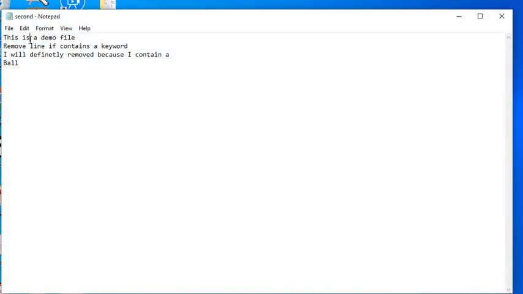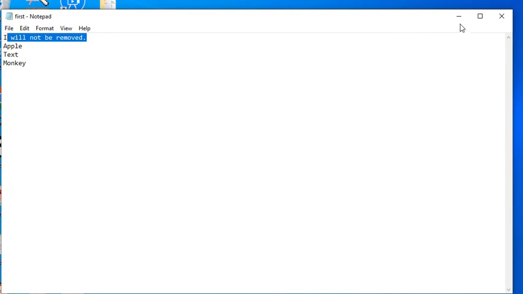Here you can see this line is removed and stored here, this line is removed and stored here, and this line. So the lines that contain the a have been removed and stored here. Now one thing you are noticing is that apple is not removed. Why is this apple not removed? Because this is a capital A. Actually in our program we didn't write the condition in such a way that it should consider the capital A also, and that's why this capital A is not removed. Otherwise the lines that contain the small a have been removed.